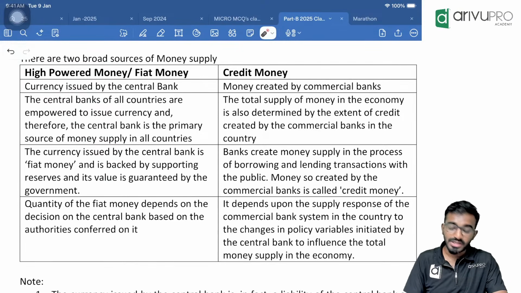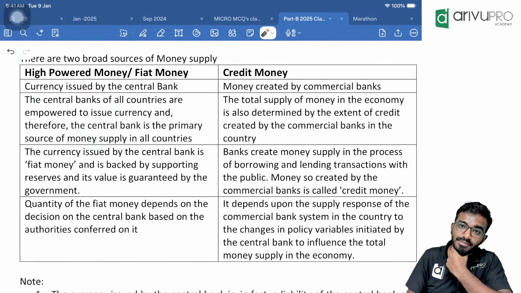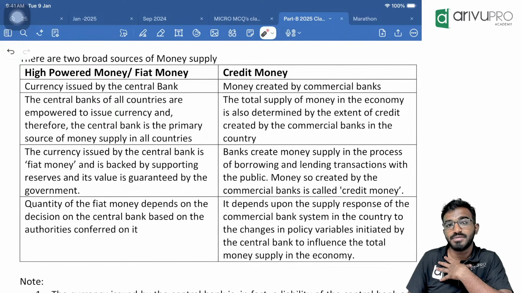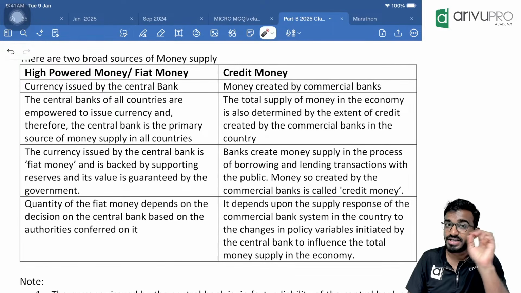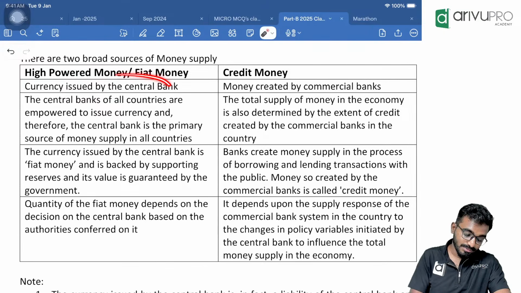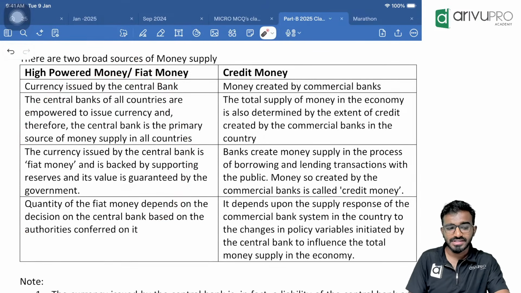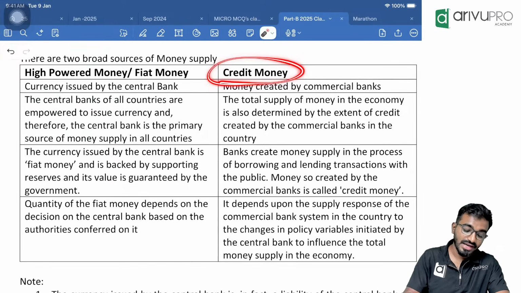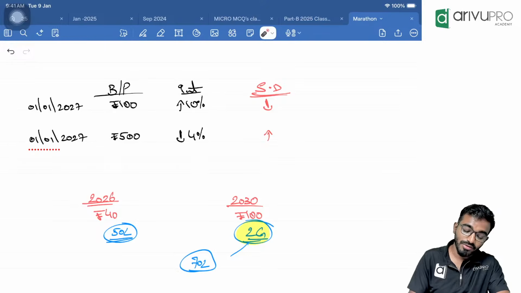Okay, so the money which is printed and circulated by RBI, that is the responsibility of RBI and government, and that comes as a liability with them. And this money will always have a backup. Even a single rupee that is printed will have gold reserves or forex reserves as a backup. But money which is created by credit, that is commercial bank money, doesn't have any kind of backup. So this is given in the form of loans and advances.